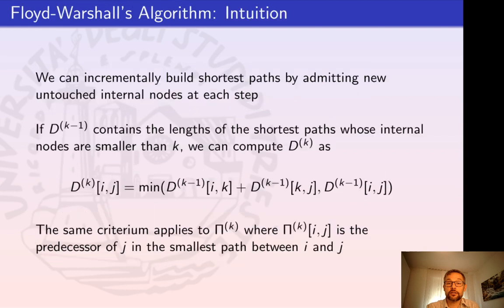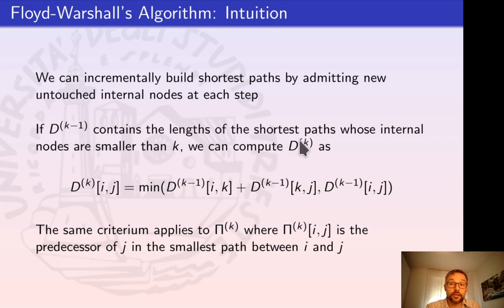So a possible idea is to exploit this observation to reduce the problem of computing the shortest path between I and J to the problem of computing the shortest path from I to K, and the shortest path from K to J. And this is basically the intuition of the Floyd-Warshall algorithm, which iteratively builds up different matrices containing the distances among nodes. So if this matrix contains the length of the shortest path whose internal nodes are smaller than k, okay,